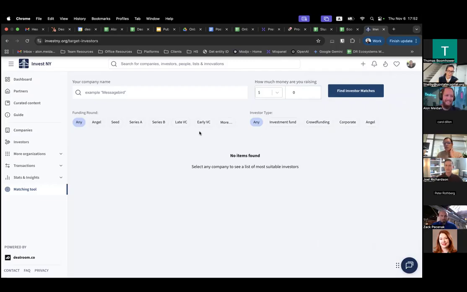Excellent. Well, I'm adding my email to the chat function. Your feedback is welcome from everyone. I want to remind everyone again, this tool is free for the public to use, whether it's a company seeking investment, an investor seeking a company, or an ecosystem partner working to aggregate and show the power and impact of the work that they are doing, whether in their program or in their region.